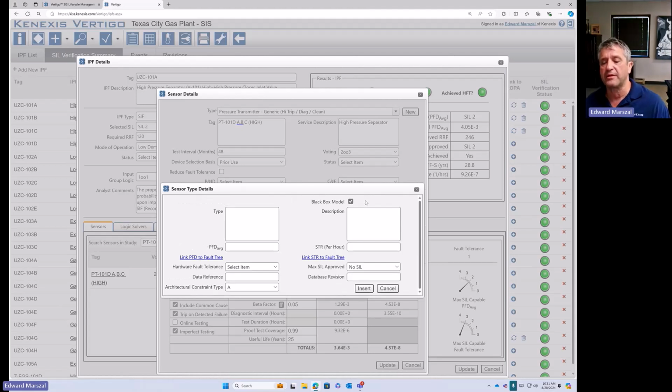We also have the ability to do something called a black box model. And honestly, the black box model is what probably 80% of your SIS logic solvers do not want you to use. They don't want you to calculate the PFD and spurious trip rate of their equipment in your software, or they don't want you doing it themselves. So if you go to a Siemens, if you go to a group like Schneider with Triconex, they will tell you not to use packaged software to calculate the